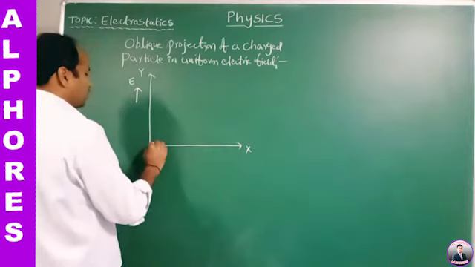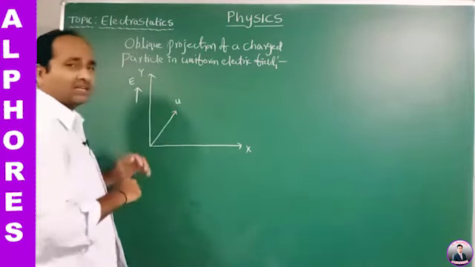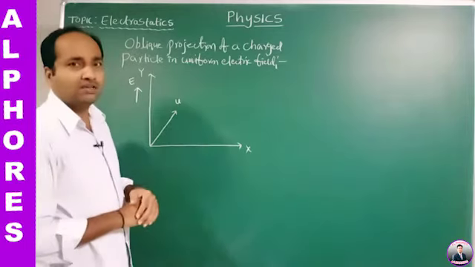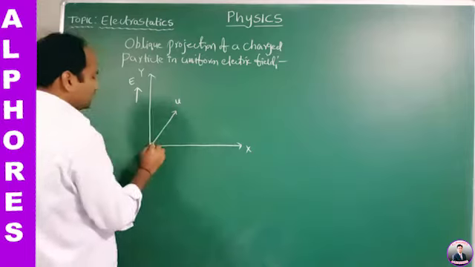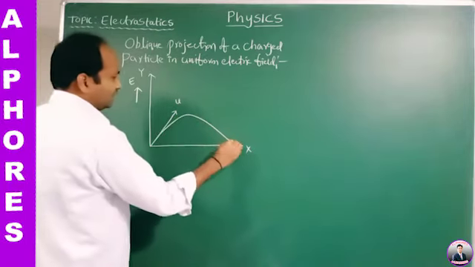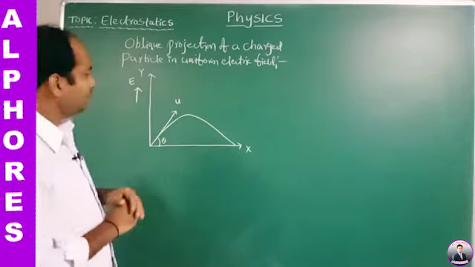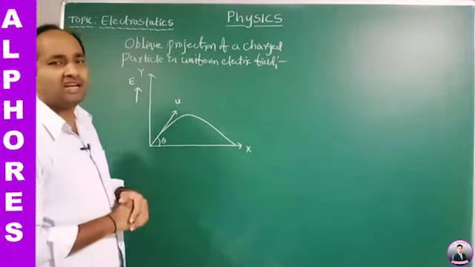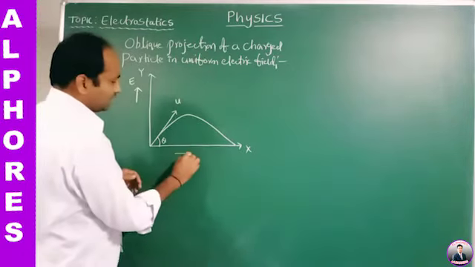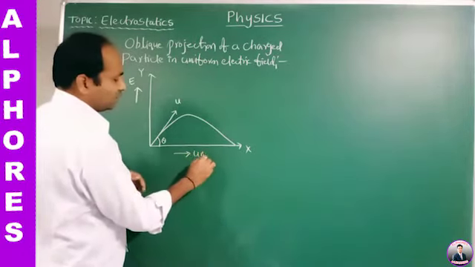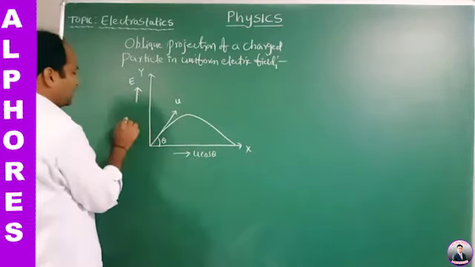Now, let us take a negatively charged particle projected in the xy plane, making an angle theta with the horizontal. So what happens here? The initial velocity u is resolved into two components. The horizontal component of velocity is u cos theta,